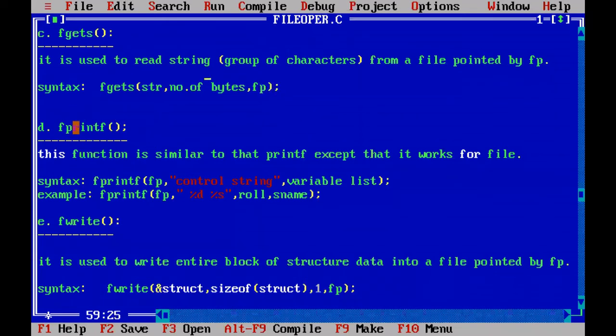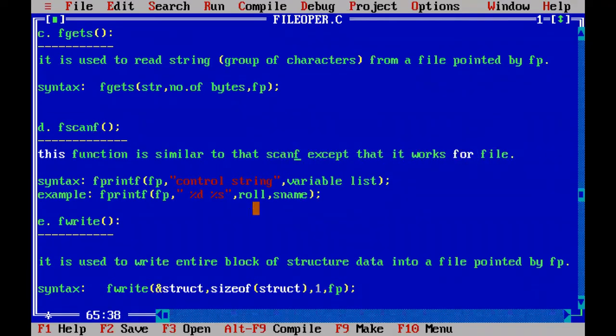Here fprintf will become fscanf, because we are not writing into the file, we are getting, so fprintf will become the opposite, it will become fscanf. And this function is similar to scanf, except that it works for a file.